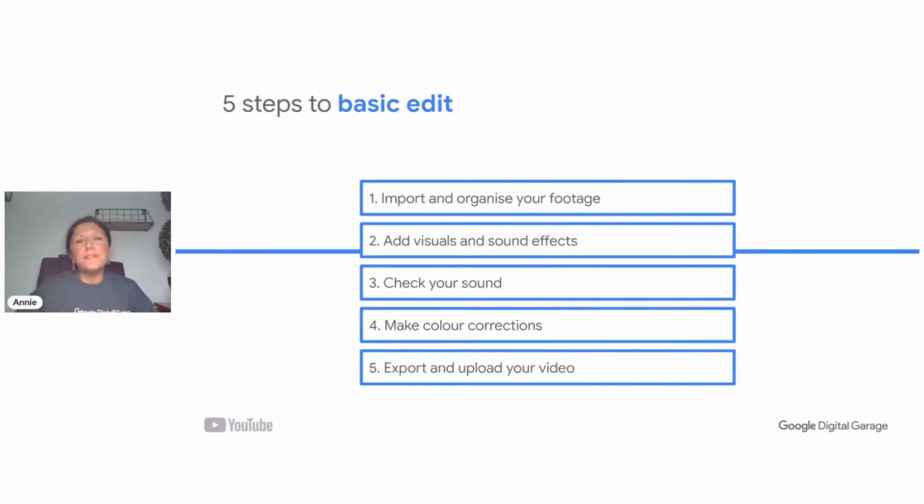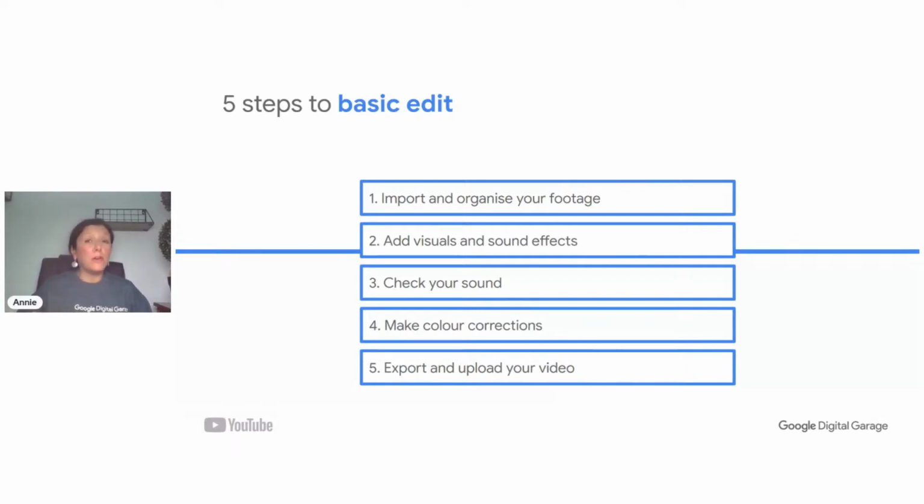So, the 5 steps to edit. The best thing to do is to think about editing quite early on in your journey with videos. That's because then you can create a clear and presentable vision of the story that you want to share with people. There isn't any single perfect method for editing, actually. Everybody has their own, but these are some of the ways that you could try to edit to make it effective for you.